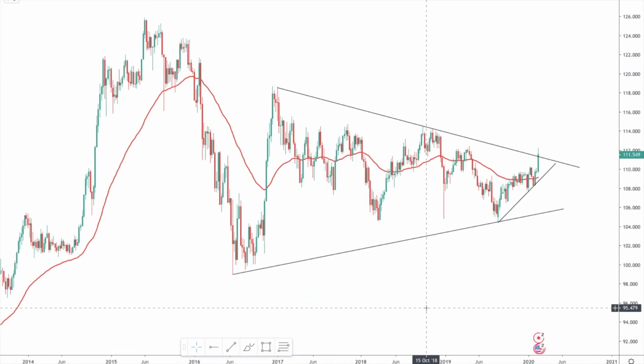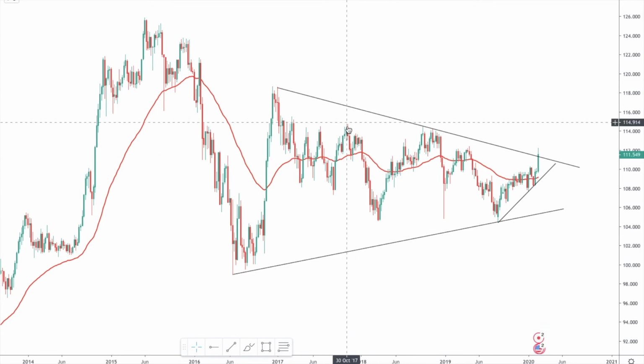Back over to the US dollar pairs, and now we've got US dollar yen, and we saw this pair make quite a bullish move towards the back end of last week, as we saw the reports that the coronavirus has potentially jumped into Tokyo in Japan, therefore obviously weakening the yen, which is a bit of a difficult situation, as we've seen that the yen is a safe haven. So usually when news like that comes out, especially in Asia, in terms of uncertainty, then we see the yen strengthen. The price is almost forming this pennant